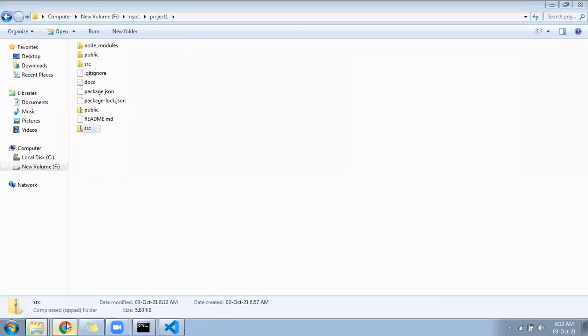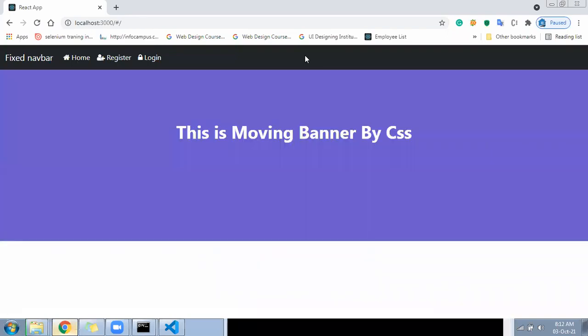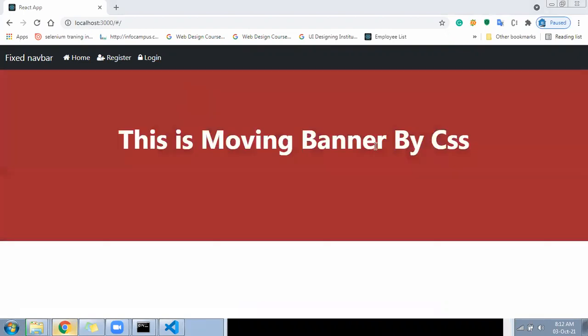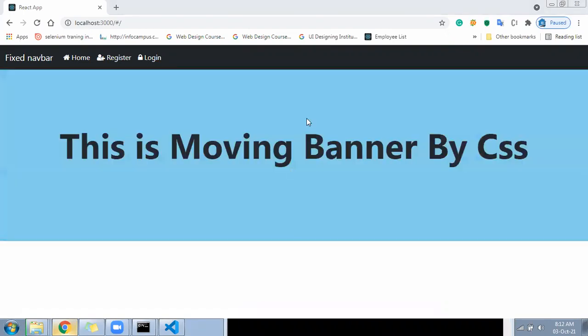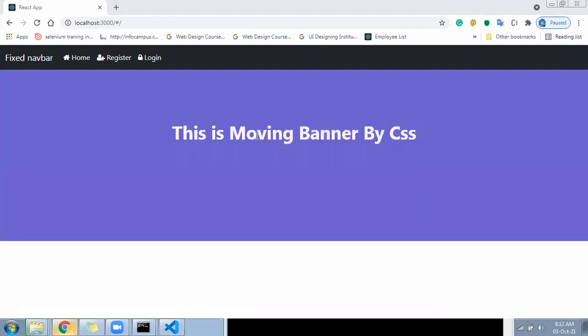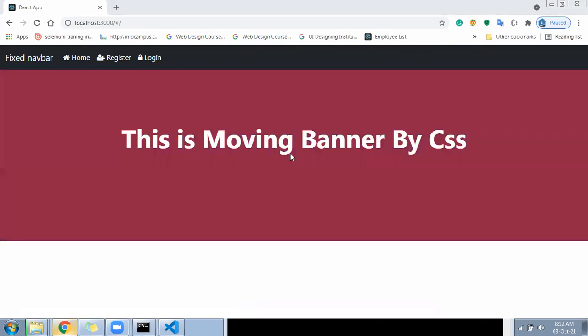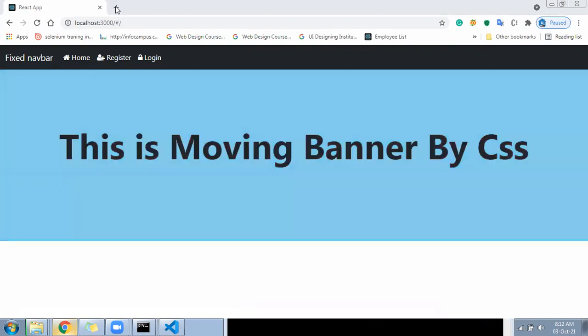Okay, replace. The banner is coming here. In this banner, we can keep photos. Okay, changing photos. Background we have written. So, okay, we can keep changing photos here. So let me download some 4 photos.